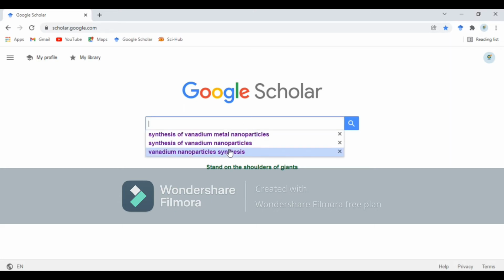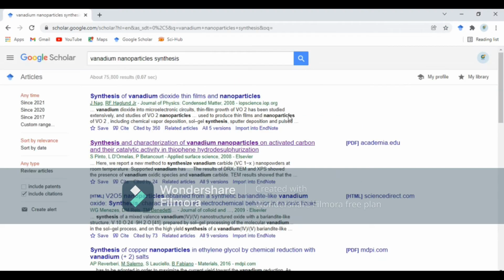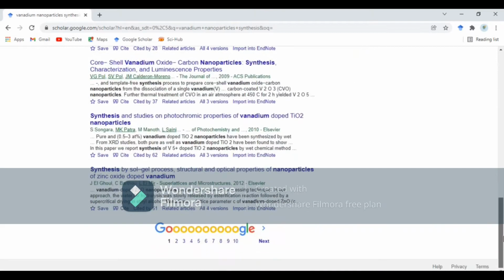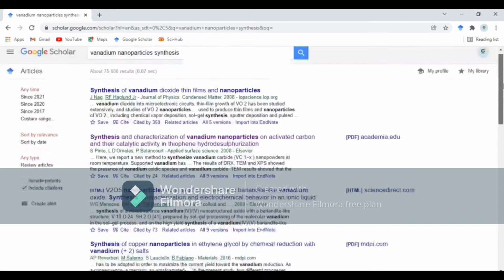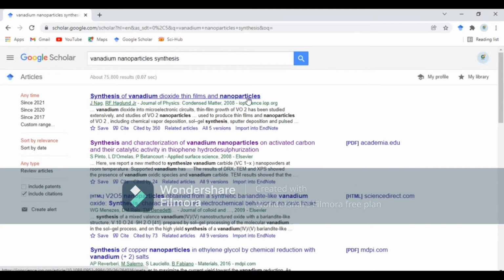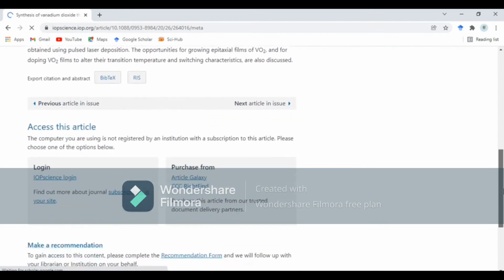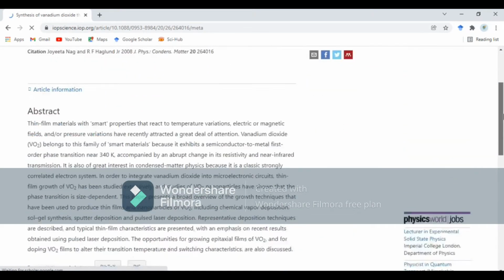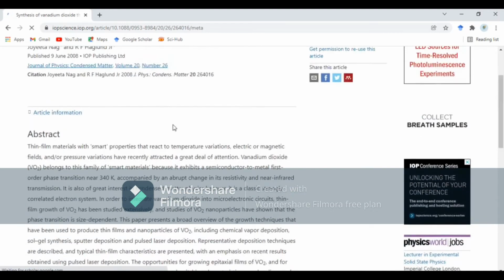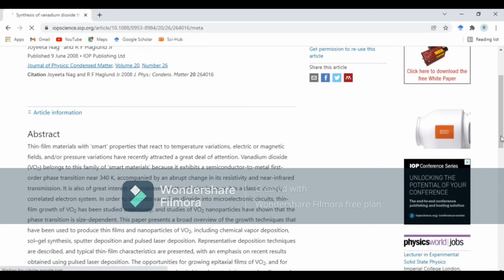Let us search this. Now any of the publications related to this topic will open in front of you. These are the pages you can turn next to get further results. Now suppose we are going to open this paper. Just click on this paper and the abstract will open in front of you. The results are slow because of internet connectivity. Here we go. And a preview of this paper will show on your tab. This is the abstract. Abstract is the summary of the whole paper.